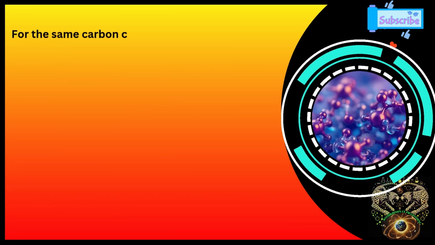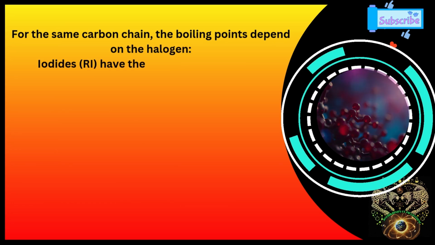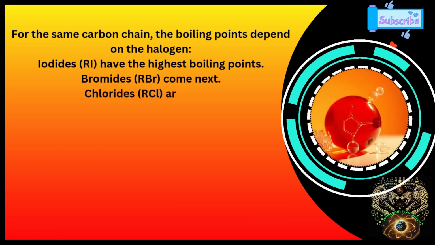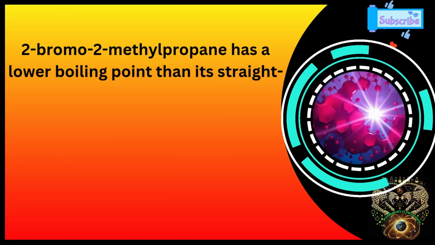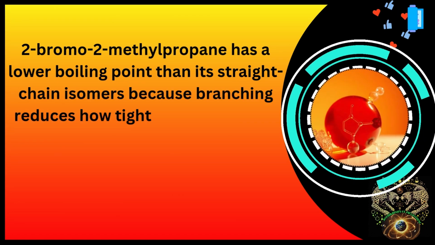For the same carbon chain, the boiling point depends on the halogen. Iodides have the highest boiling points, bromides come next, chlorides have lower ones, and fluorides have the lowest boiling point. Why does this happen? Because bigger halogens like iodine create stronger forces between the molecules, making them harder to boil. If the molecule is branched, it has a lower boiling point. For example, 2-bromo-2-methylpropane has a lower boiling point than its straight chain isomers because branching reduces how tightly the molecules can pack